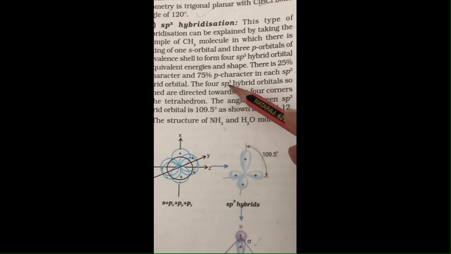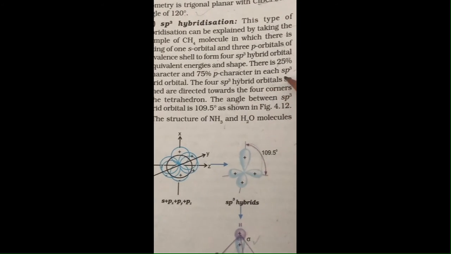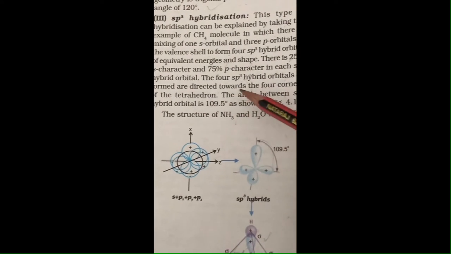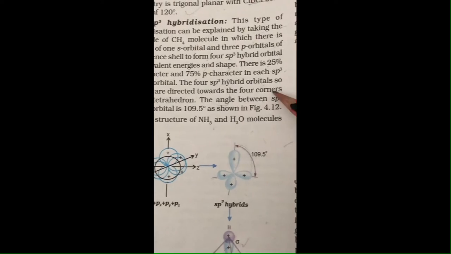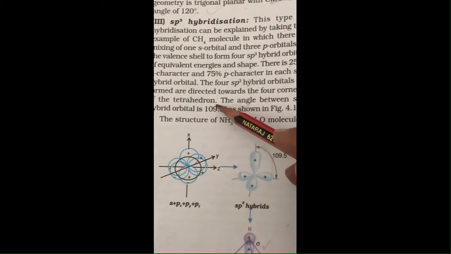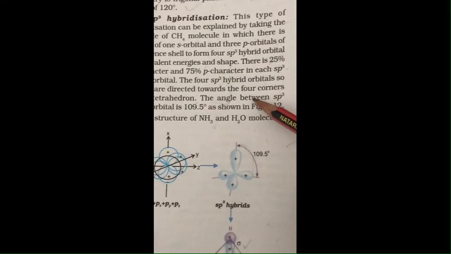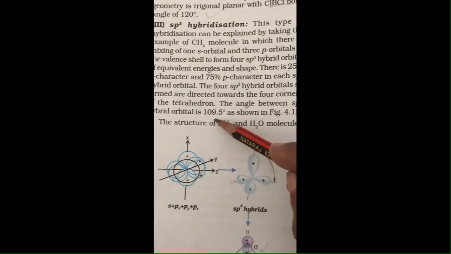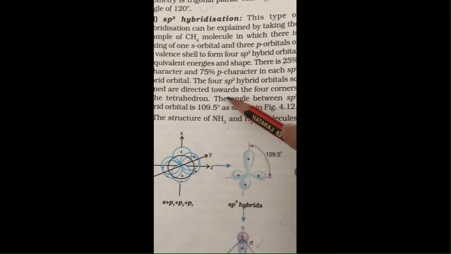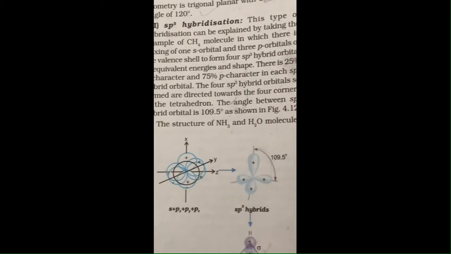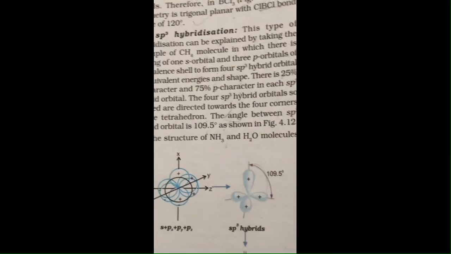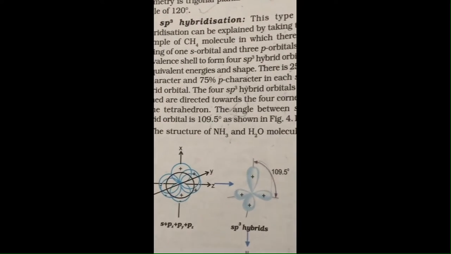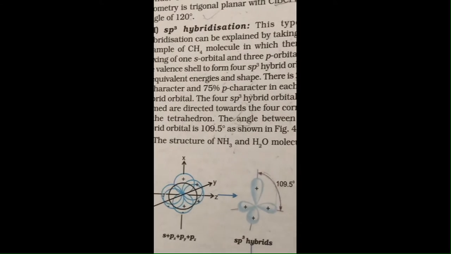So the 4 sp3 hybrid orbitals so formed are directed towards the 4 corners of the tetrahedron, and each is going to have an angle of 109.5 degree. Clear? So let's see first the type of the hybridization and how it comes. Like for the CH4 molecule,